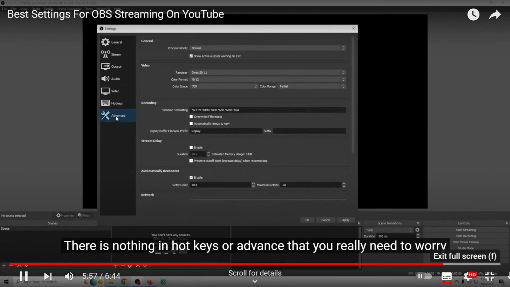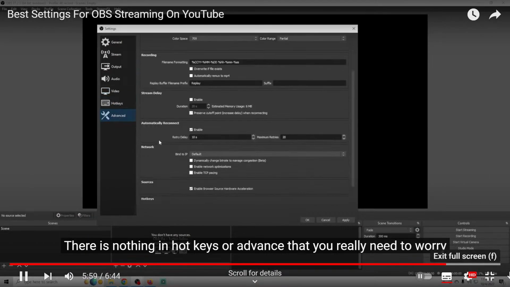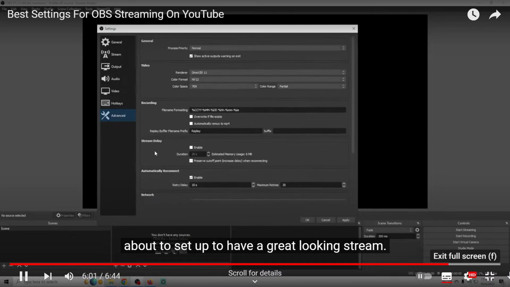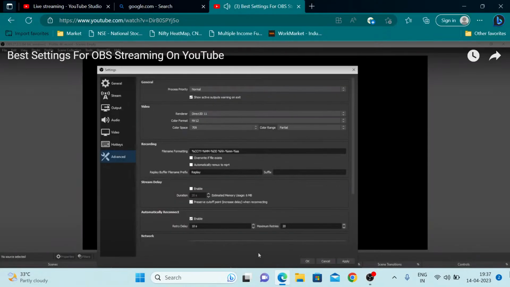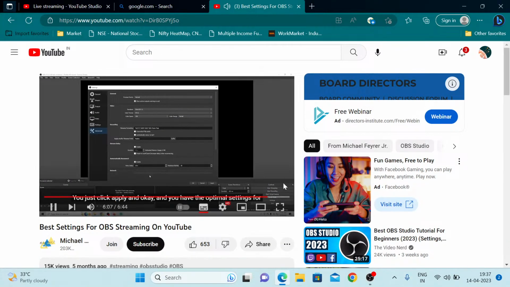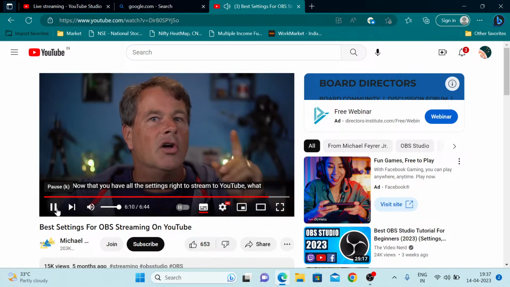There is nothing in hotkeys or advanced that you really need to worry about to set up to have a great looking stream. You just click apply and OK, and you have the optimal settings for live streaming to YouTube. Now that you have all the settings